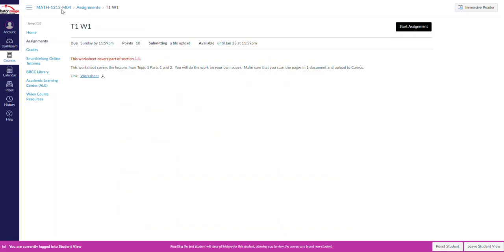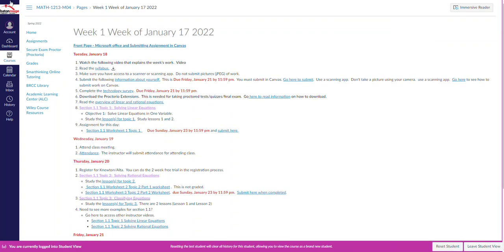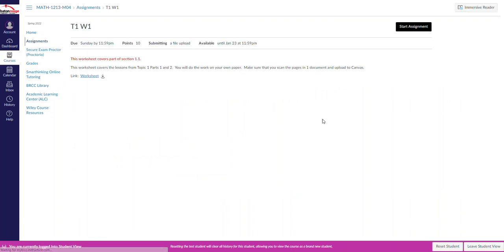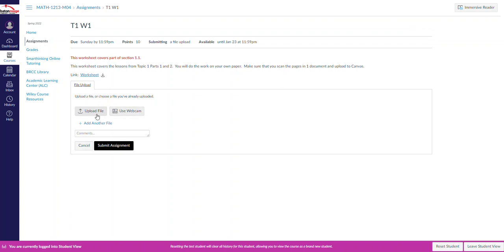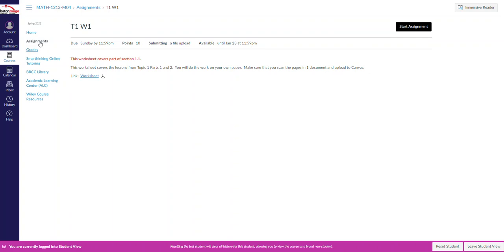All right, so I'm back to this page. So I'm going to go back to the back arrow. And once you do it, and it's due Sunday, the 23rd, once you do the assignment, you're going to scan it on your phone, or if you have a scanner at home, you're going to scan it, and just like you saw before, you're going to go here and you're going to start the assignment, and you're going to upload your file. Okay, and so that's all I wanted you to see before we meet on